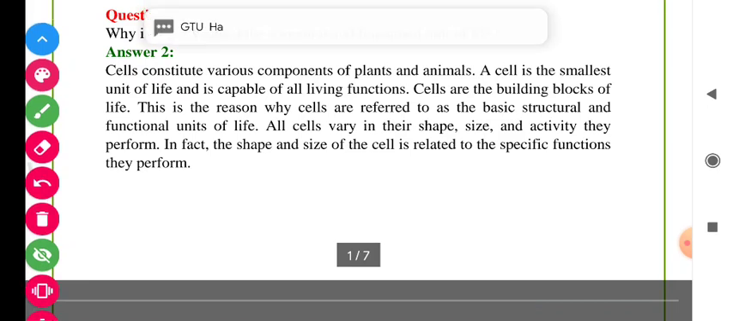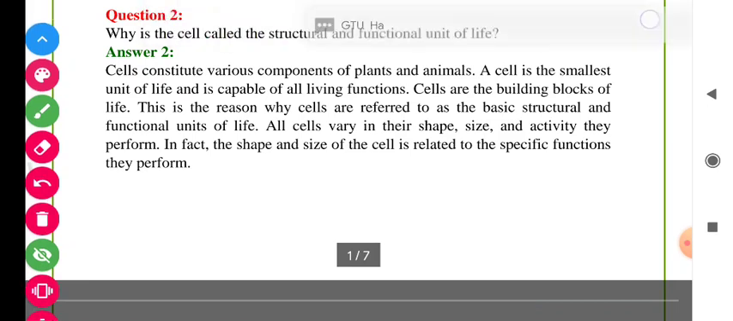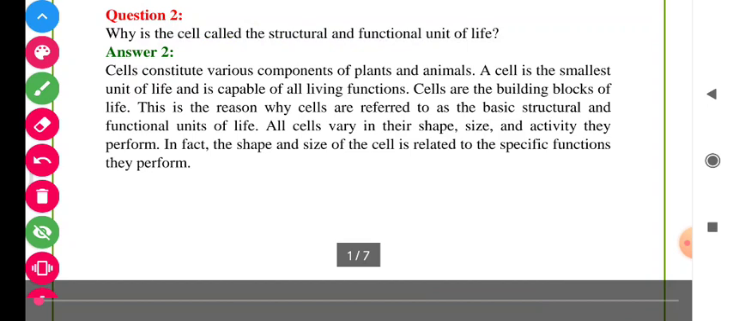So the basic constituent of any of our body organs is the cell. So here it is mentioned in another different kind of language, but the answer is the same. See,